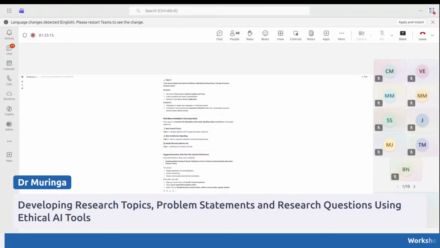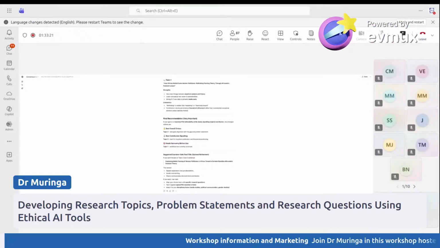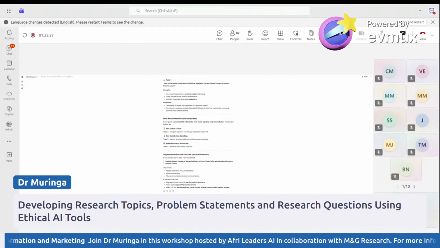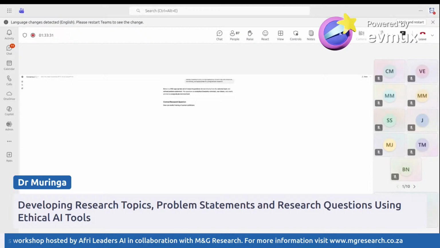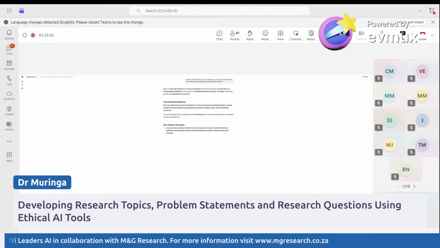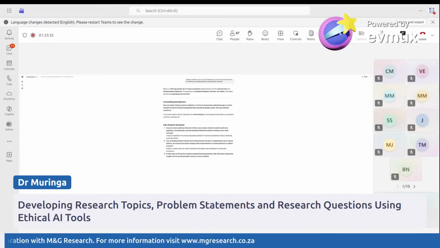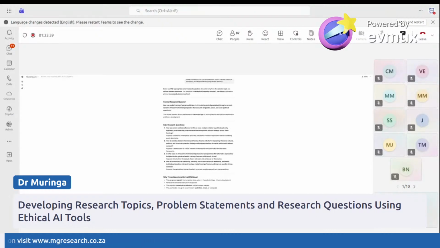We've already selected such topic and problem statement. Develop a central research question and 3 to 4 sub-questions. Ensure they're analytical, non-binary, and appropriate for postgraduate research. Now, we are getting our research questions and topics that are embedded within the literature, the problem statement, and everything